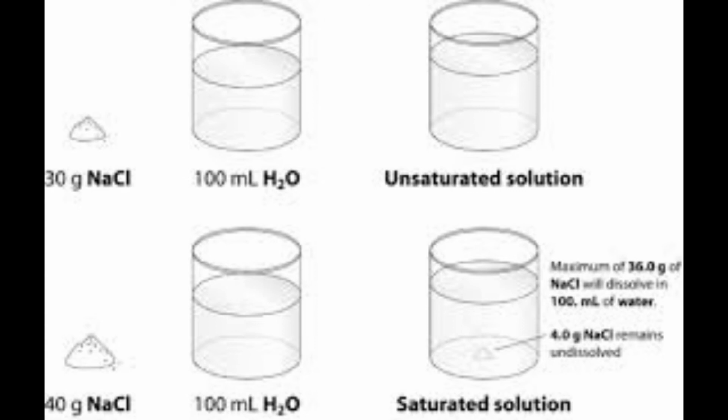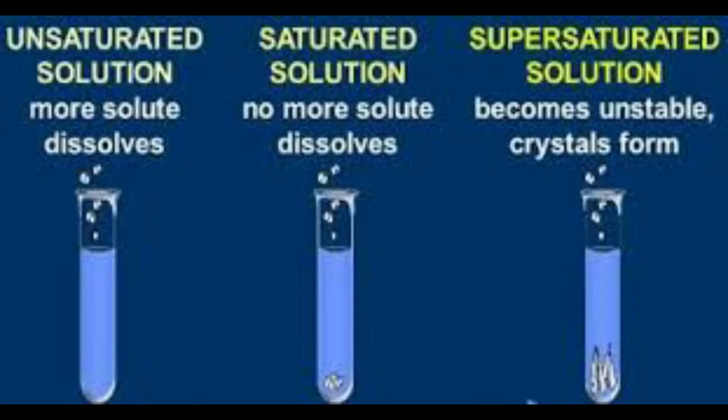Now we are going to see what is meant by solubility. The maximum amount of solute that can be dissolved in 100 grams of solvent at a specific temperature is known as the solubility of the solute in that solvent. For example, as I just told you, 32 grams of potassium nitrate, KNO3, can be dissolved in only 100 grams of water. Water cannot dissolve more than that.